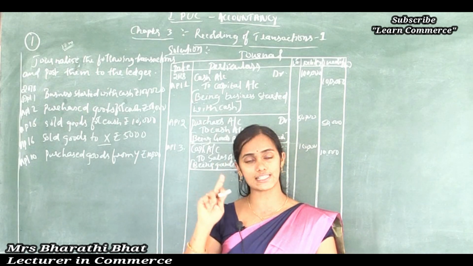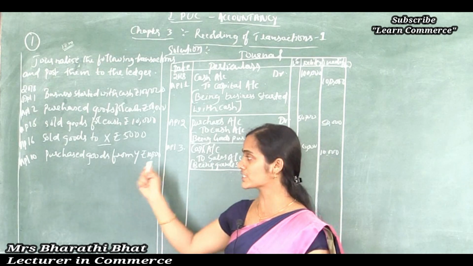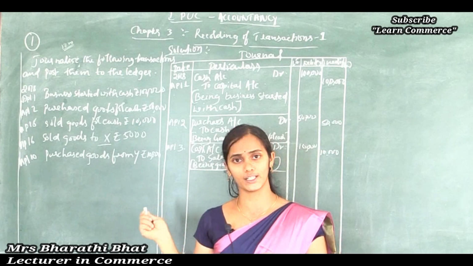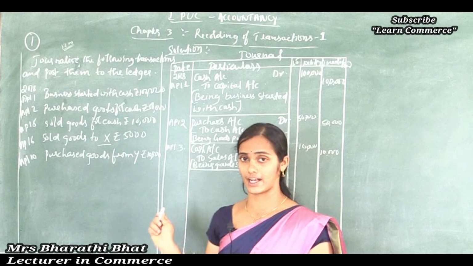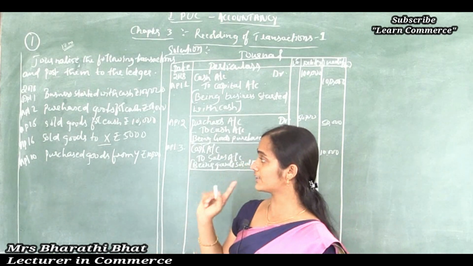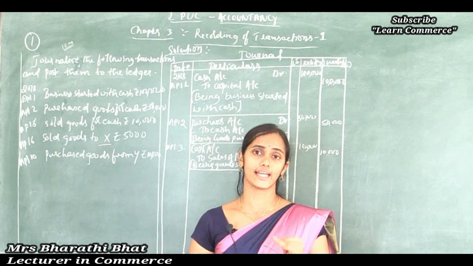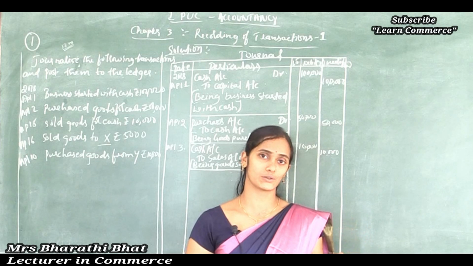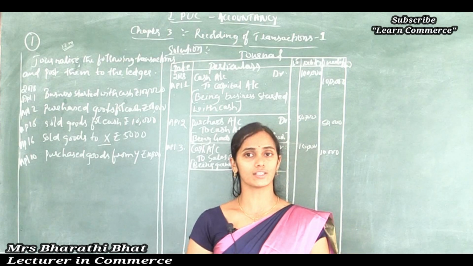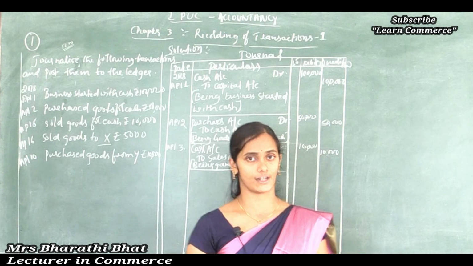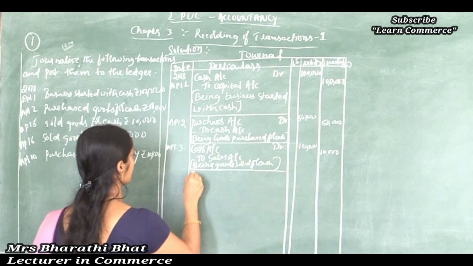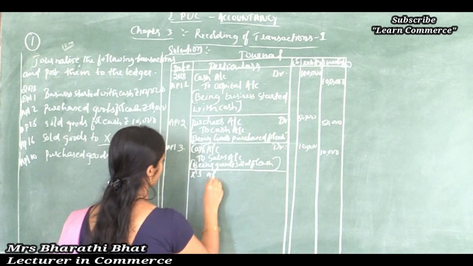So increase in asset is to be debited. Which account is debited here? Which account is increased here? X account. So X account is debited to sales account, because sales is revenue. According to the rules of revenue, increase in revenue is to be credited. So X account debited